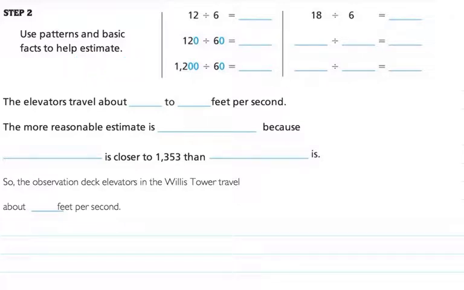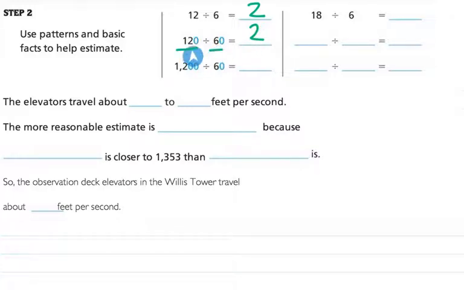So we have 12 divided by 6, and we know that that answer is 2, and we can check inverse operations. 2 times 6 is equal to 12. Next, boys and girls, we go on to the next problem. 120 divided by 60 is also 2, boys and girls. This is something that we want to pay attention to here because a lot of students will want to write down 0 because they're going to be thinking of multiplication. Keep in mind, boys and girls, that when you have the factor 2 and you multiply by the factor 60,